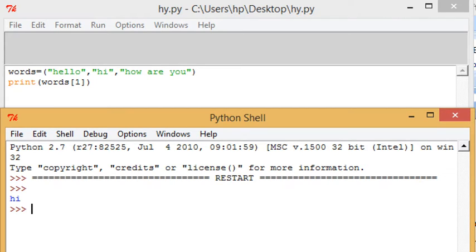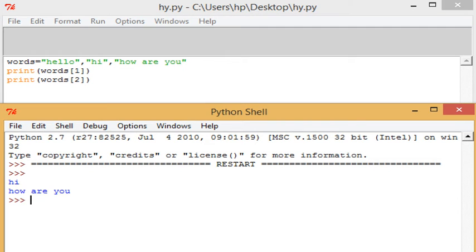As you can see here in the Python shell, I have defined some words, like hello, hi, how are you, in double quotes. When I display word 1, I get the result hi, because the index value present at number 1 is hi.